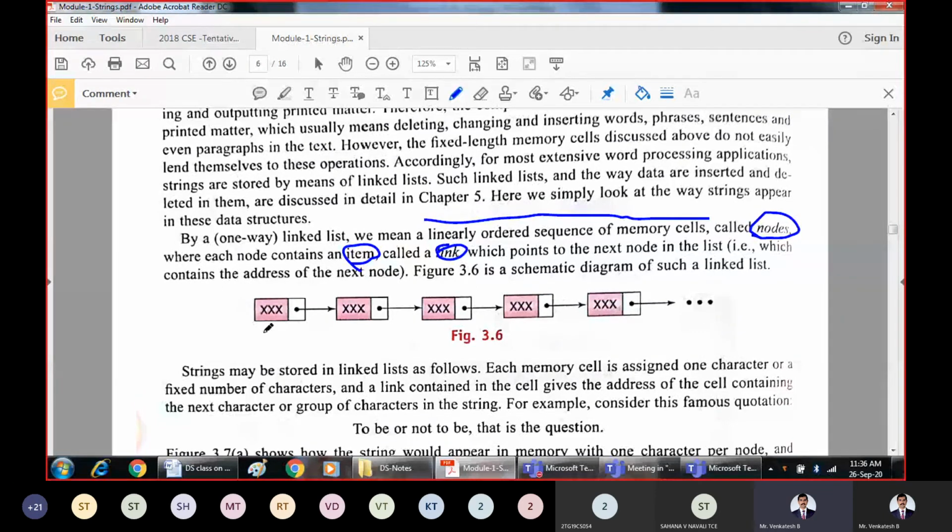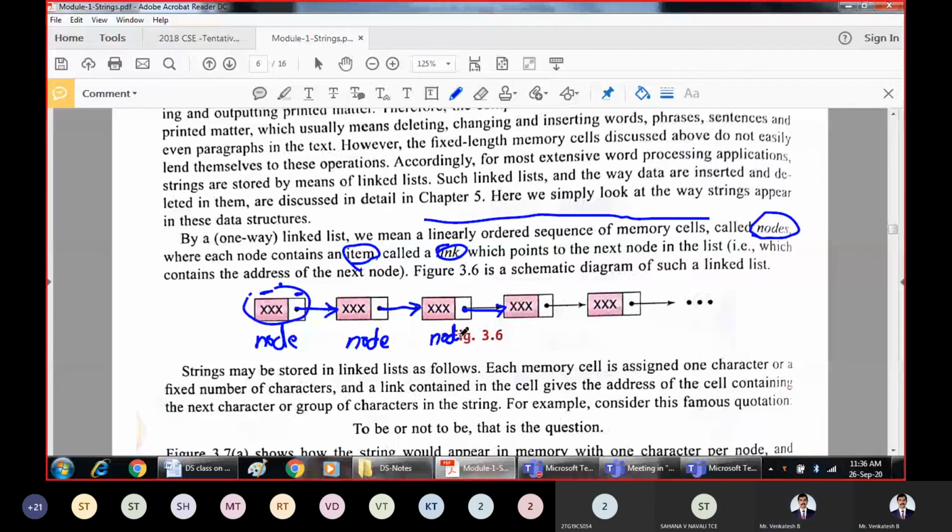Say for example, this is one example of linked representation or linked storage. This is one node, and every node is going to contain the data part, which contains the actual data, and this is the link or pointer which is going to point to the next node. So this is also a node: actual data and pointer to the next node.